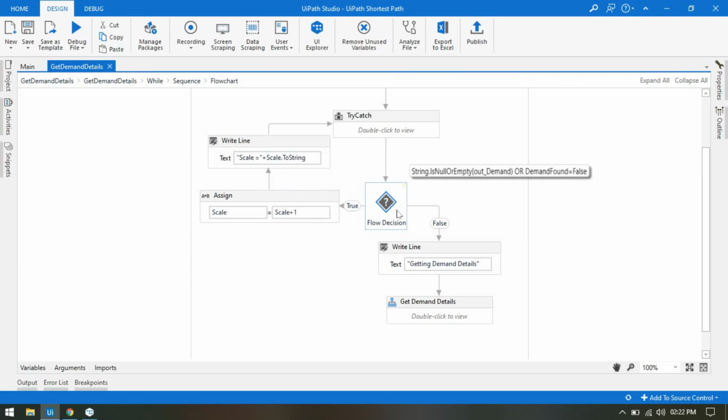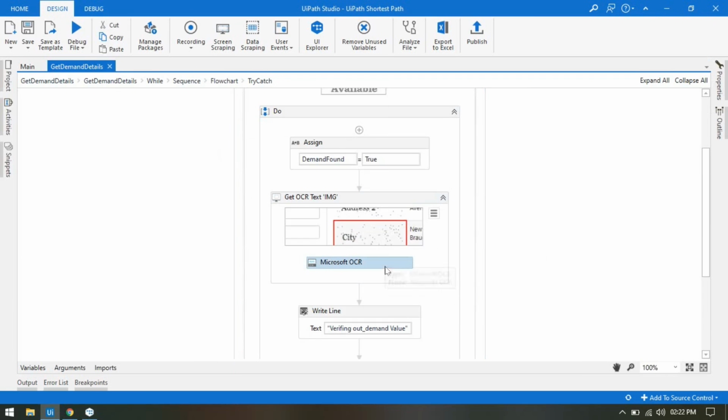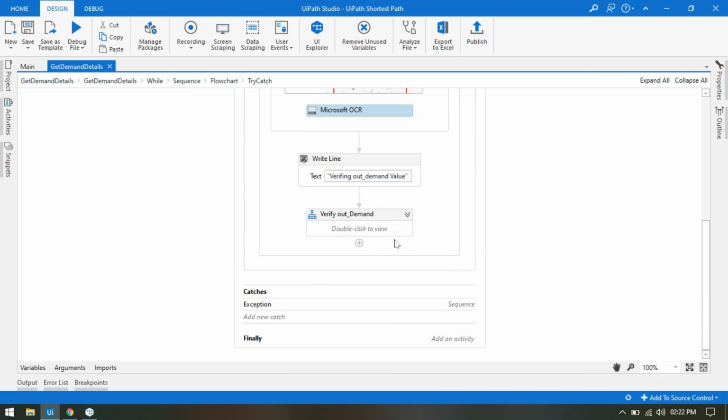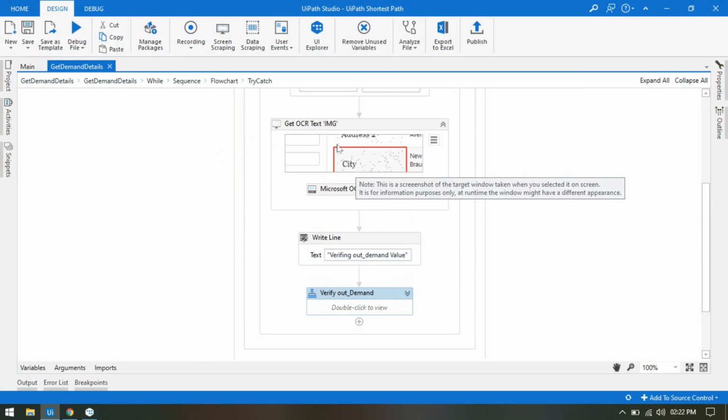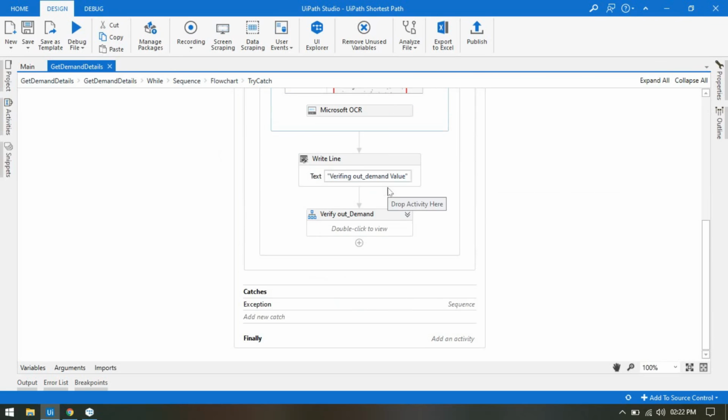So on what condition we get this demand found equal to false, I am going to show you here. Here I was checking if we are getting the correct value, then it will go outside, and while fetching the data, sometimes you have seen that we are getting no text found or something, right? That will cause an error message, so it will show an exception.